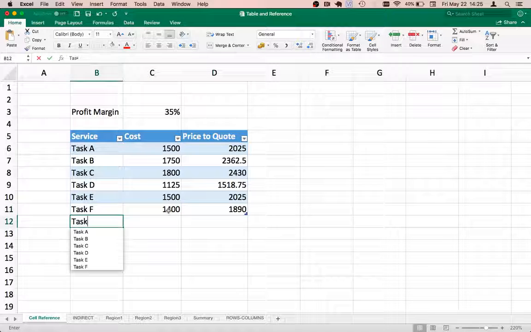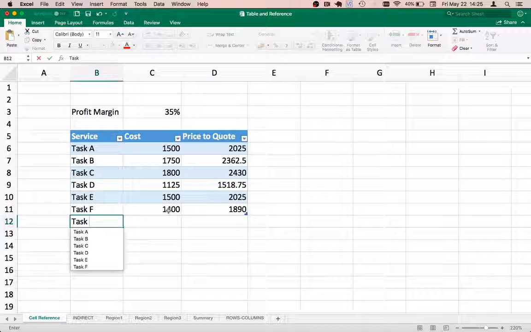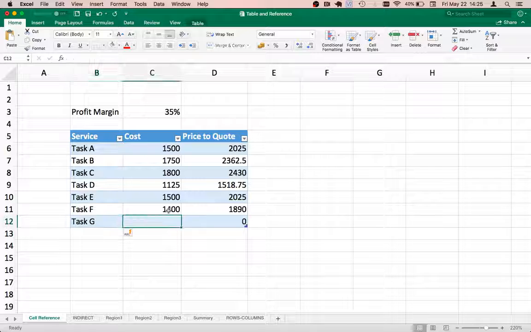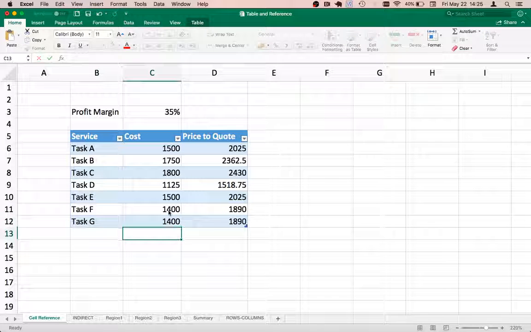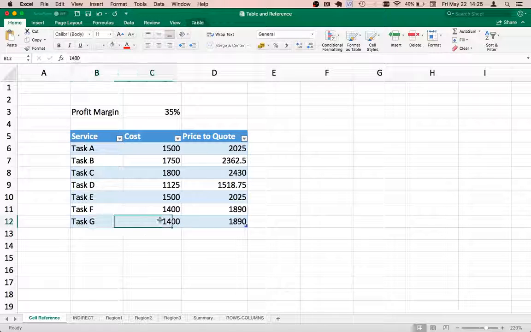So let me just go and add one more, and perfect, it works really great, and even the formatting looks really good. Okay, so this is a major benefit that you have within your spreadsheet. So let's see how this is actually working in the background. So if you click on your particular table